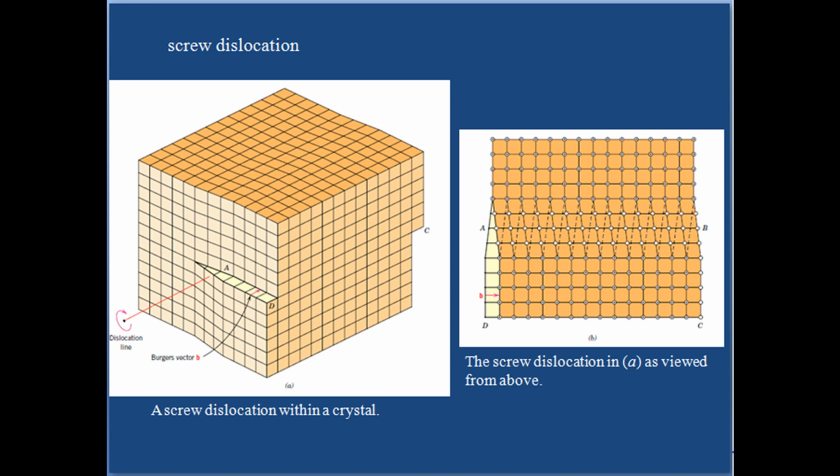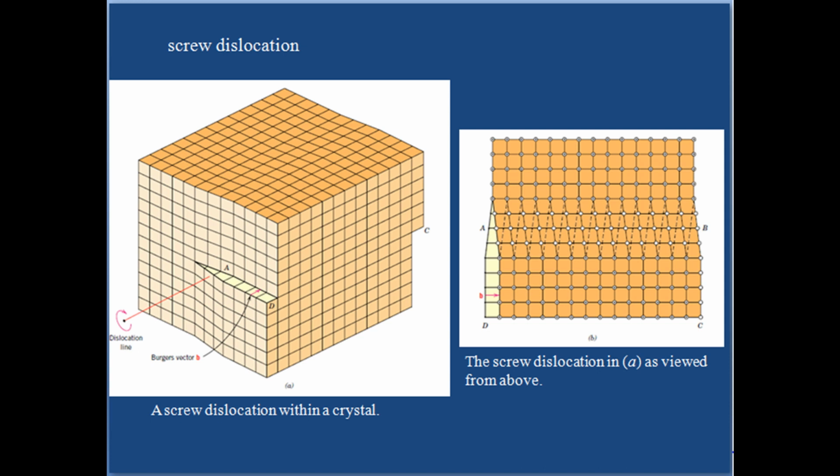line AB in figure. The screw dislocation derives its name from the spiral or helical path or ramp that is traced around the dislocation line by the atomic planes of atoms. Sometimes the symbol shown in figure is used to designate the screw dislocation. Now we are going to see the major parts of screw dislocation.